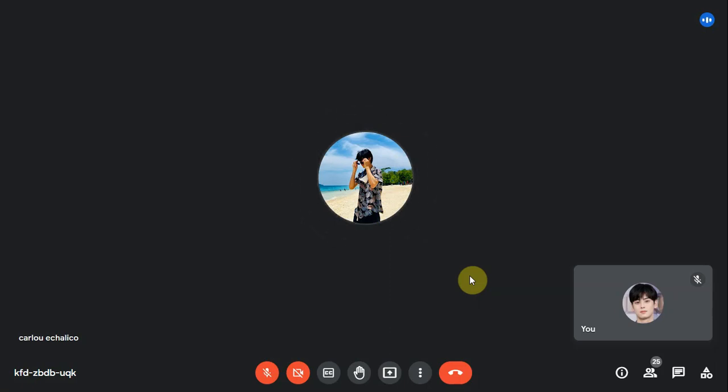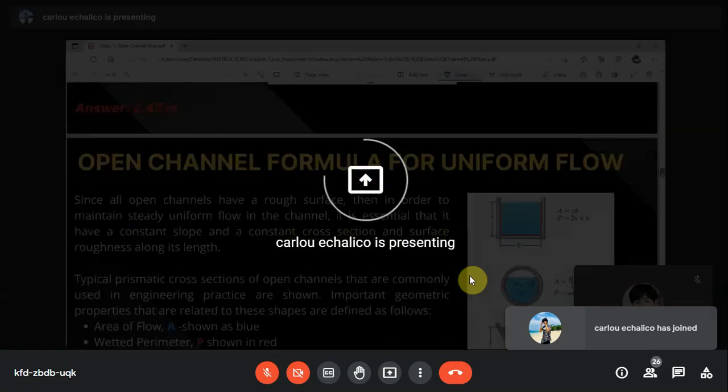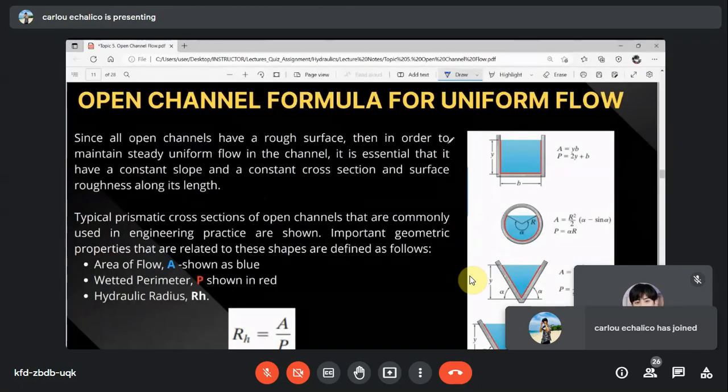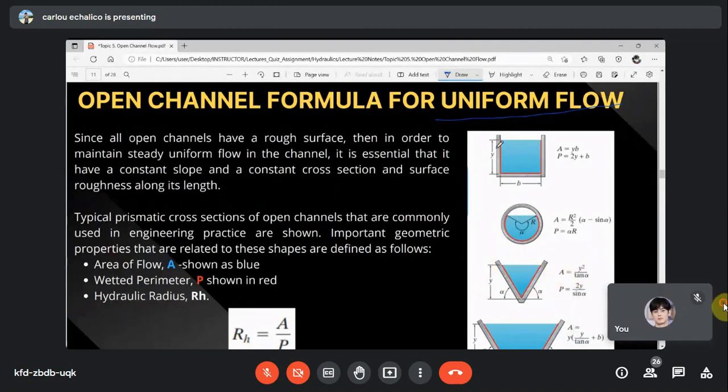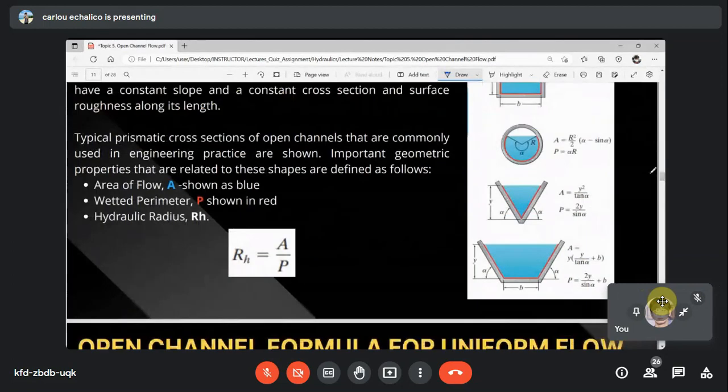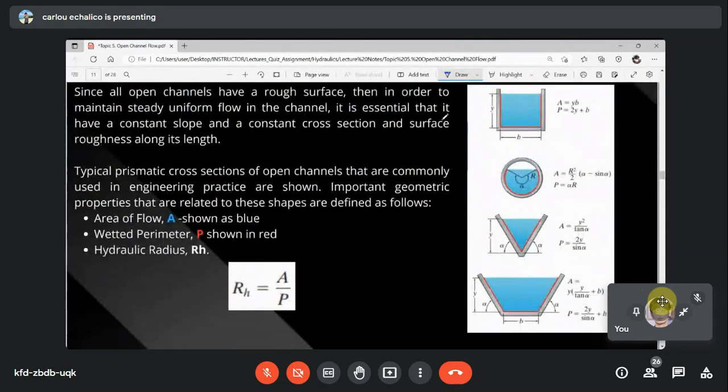Okay. So, let's go to open channel for uniform flow. So, discuss na ito karon formula no sa open channel sa uniform flow. So, there are different several cross-sections ginagamit sa channel. Rectangular, circular, trapezoidal and triangular. So, since all open channels have rough surface, in order to maintain steady uniform flow in the channel, it is essential to have a constant slope, a constant cross section, a surface roughness and